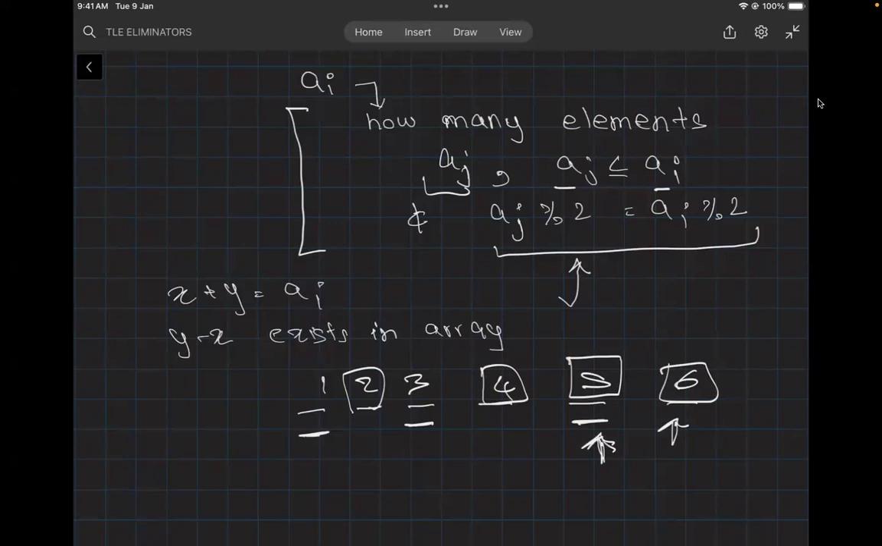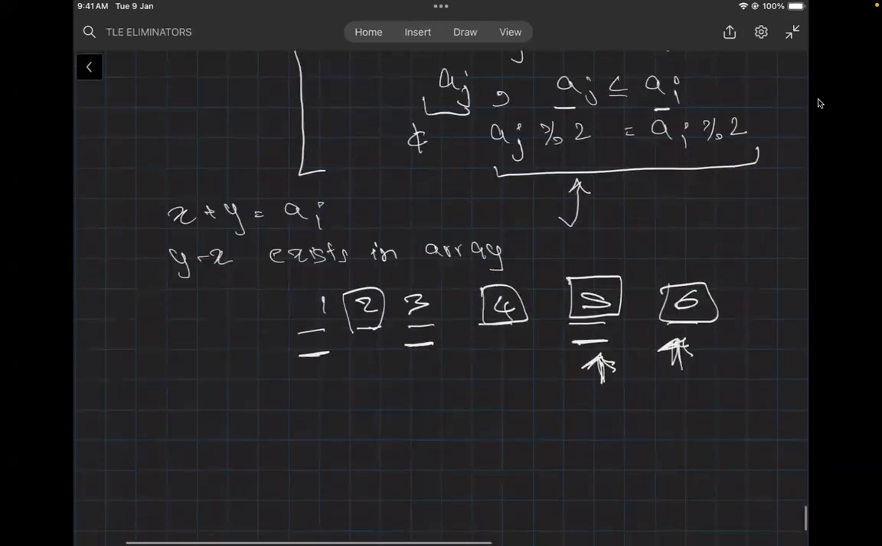So if this is odd, you will just add the number of odd elements to your answer. And if it is even, you will add the number of even elements into the answer. Is this much clear, guys? Just to recap,